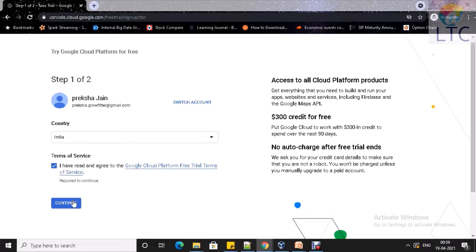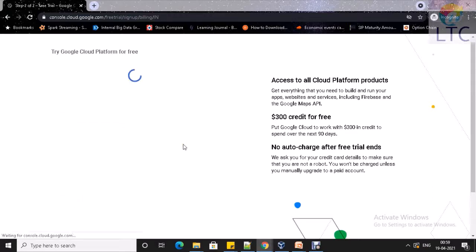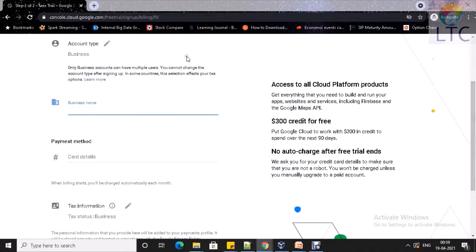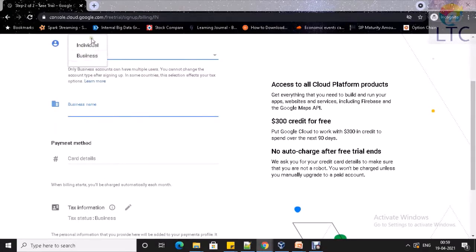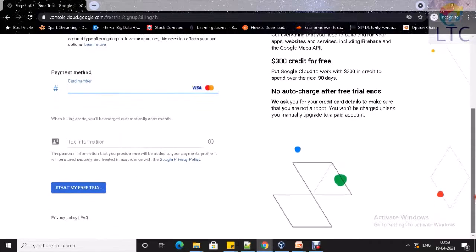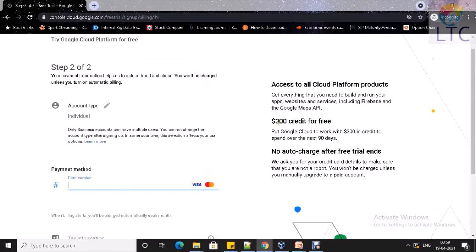Click on continue and then you can enter your details. What type of account? You can choose business, but I would prefer individual, and then your card details, and say start my free trial for 90 days. You will have this free trial and after that you won't be charged. Just don't use this account after that, or if you can pay you can use it, otherwise don't use it. There will be no charges.